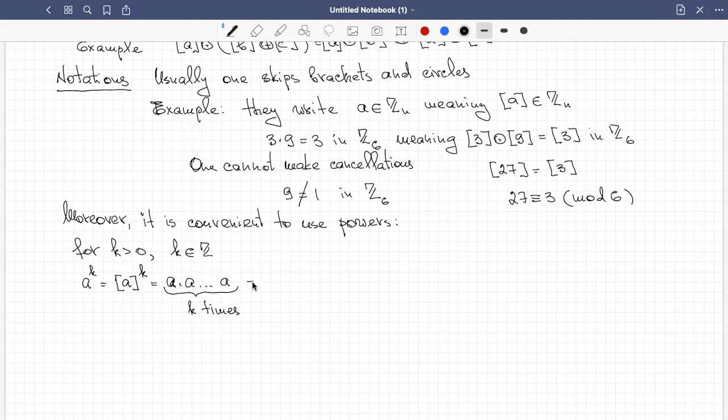And this is the same thing as the class of A multiplied by the class of A, and so further, k times,